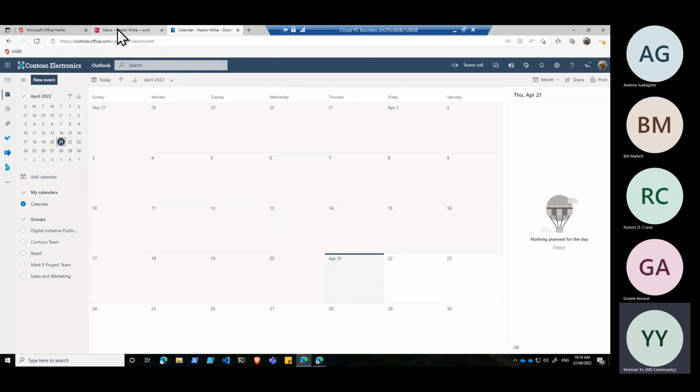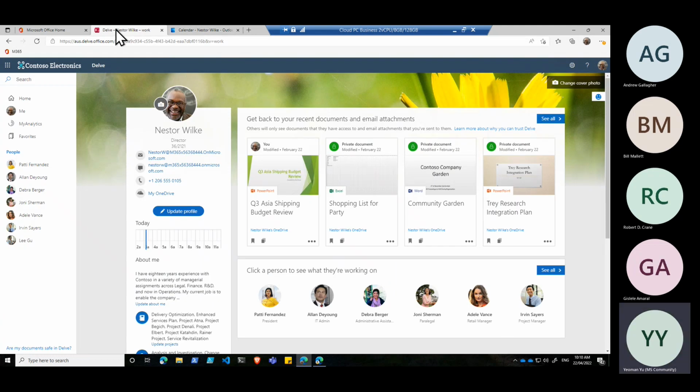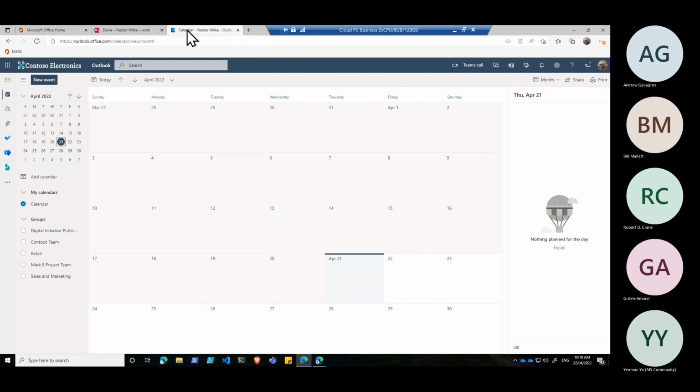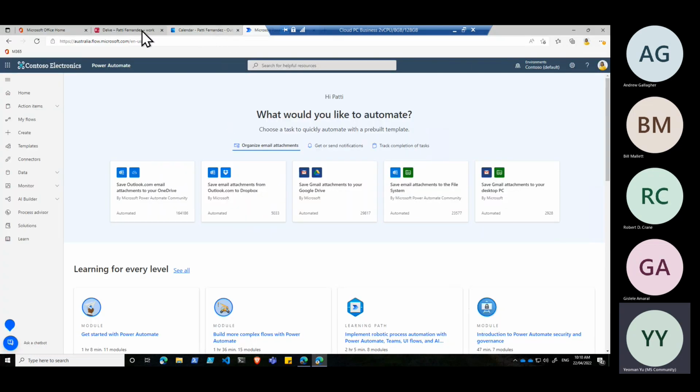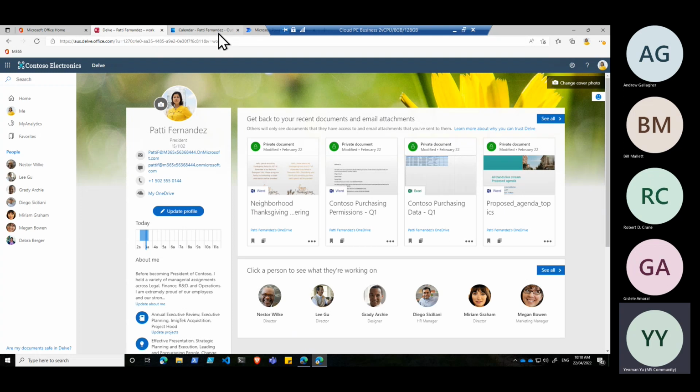So here I have Nesta, I'm going to treat as my master calendar in this case. And I want to put events into here. So I don't have any events in here, but as a demo, we can add our standard events. But what we can actually do is use Power Automate to push calendar items from my charity's calendar, which I'll just borrow Patty's calendar for this exercise.